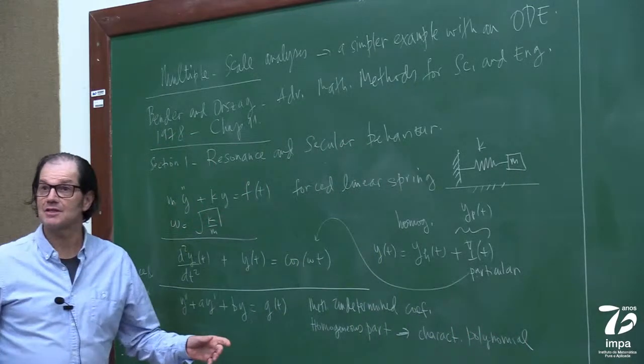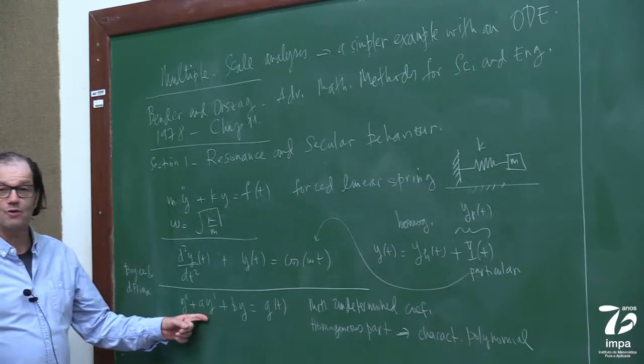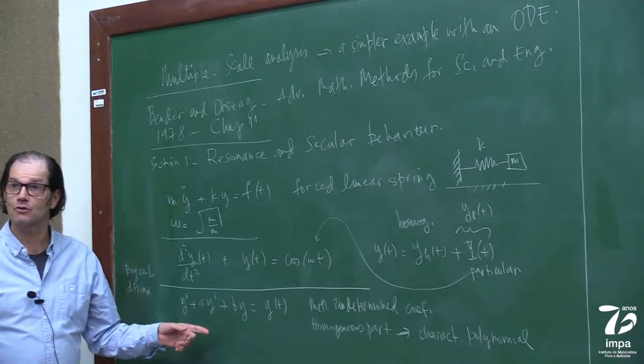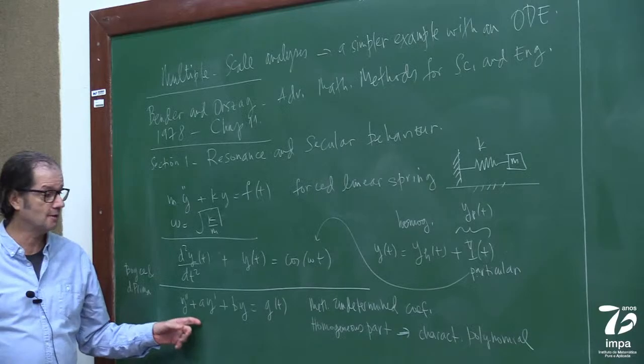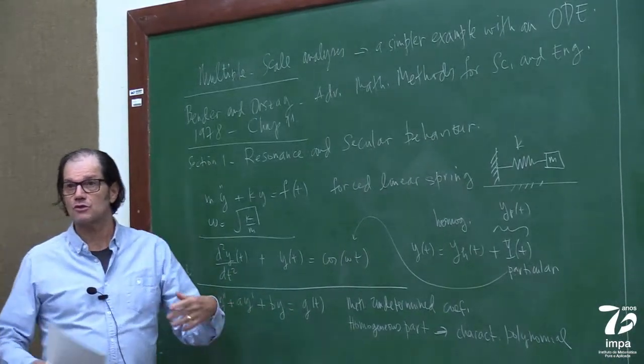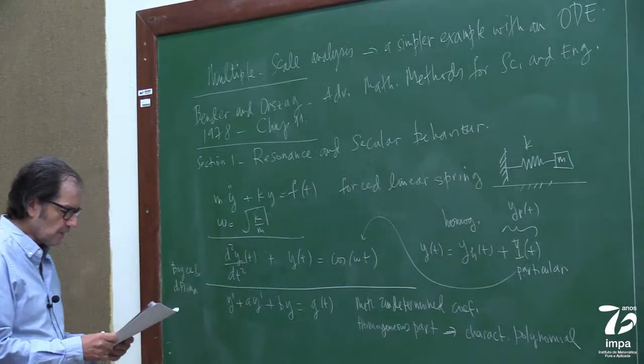It's something that resembles what we do with the dispersion relation, because we put in a typical solution for this, and we get the characteristic polynomial, right? And then we solve for the roots. If it's two roots or double roots, there are techniques to get the solution. And the method of